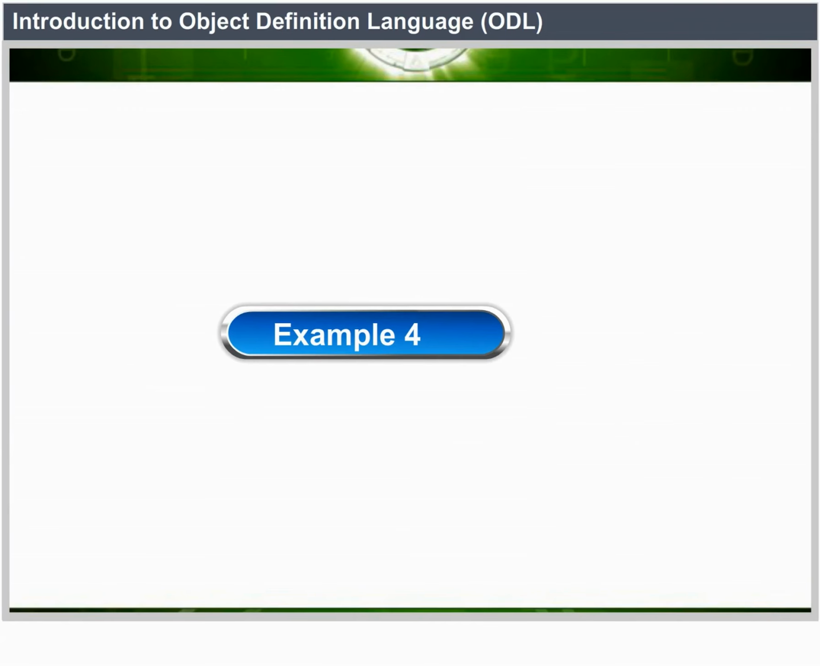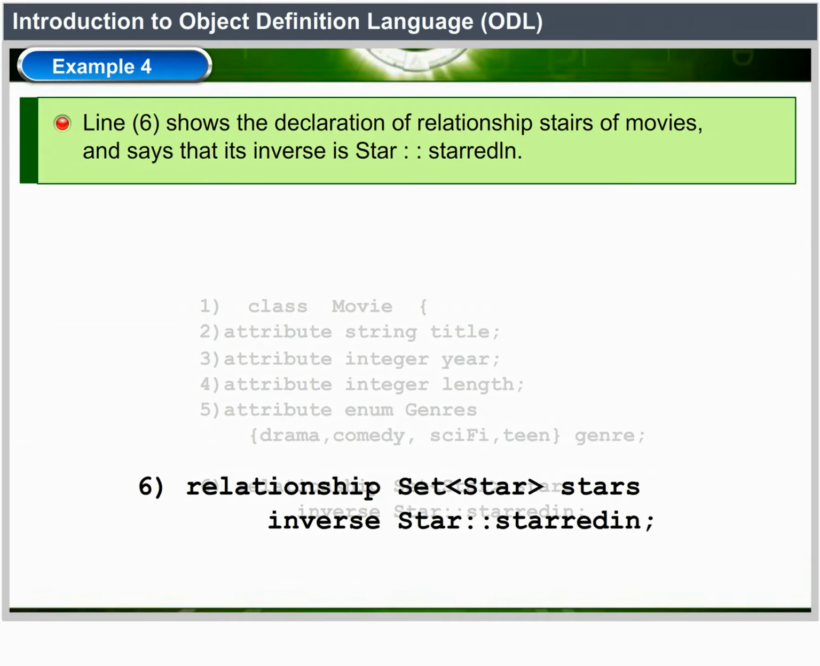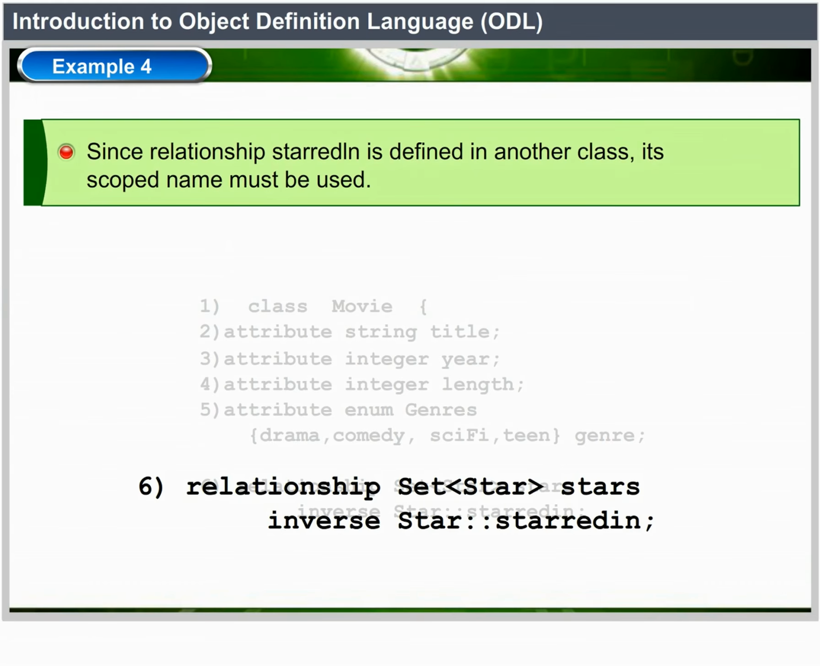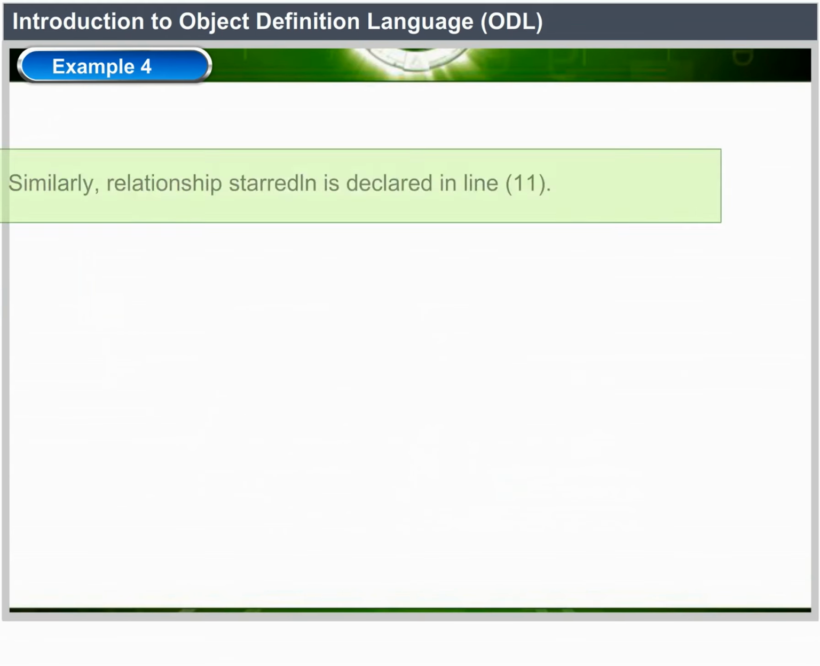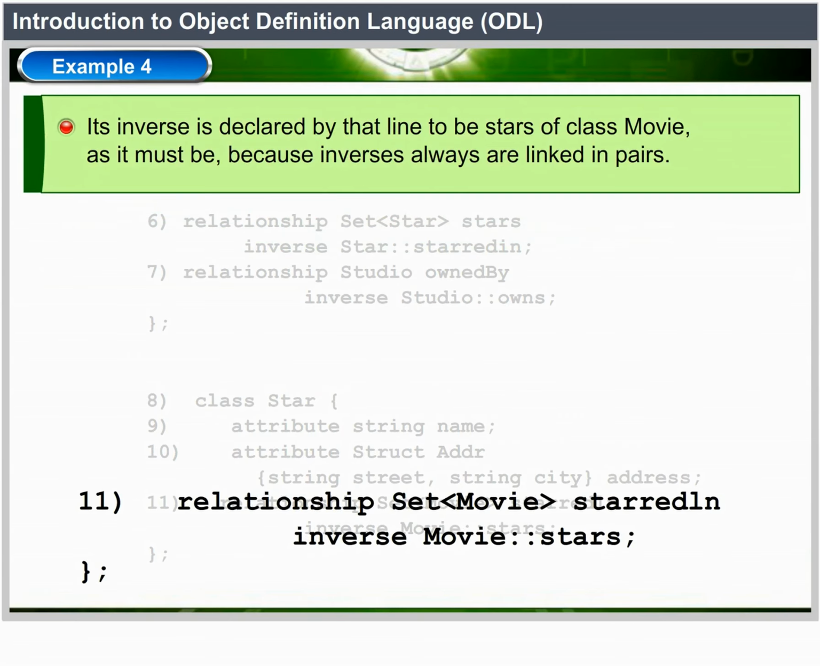Example 4. To define the relationship starred in of class star to be the inverse of the relationship stars in class movie, we revise the declarations of these classes. Line 6 shows the declaration of relationship stars of movies and says that its inverse is star double colon starred in. Since relationship starred in is defined in another class, its scope name must be used. Similarly, relationship starred in is declared in line 11. Inverse is declared by that line to be stars of class movie, as it must be,